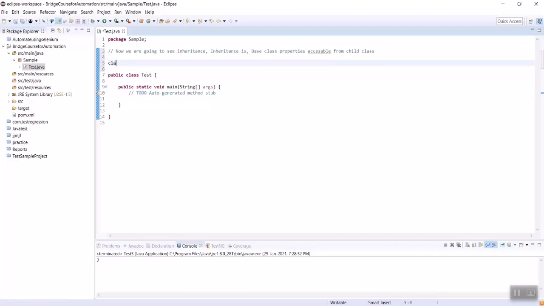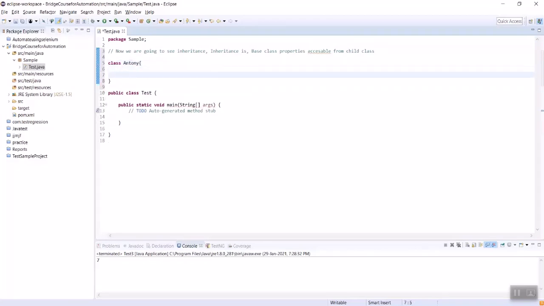Now we are going to see what inheritance is. The class is Anthony, and we will declare some values with variables. It is integer a equal to 8. Here we are using the keyword extends.